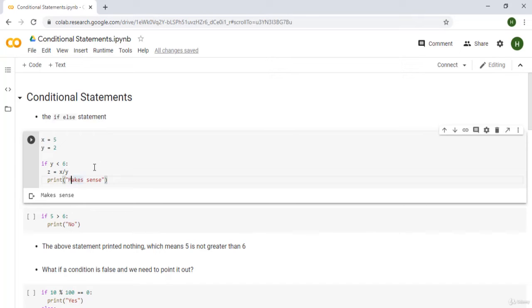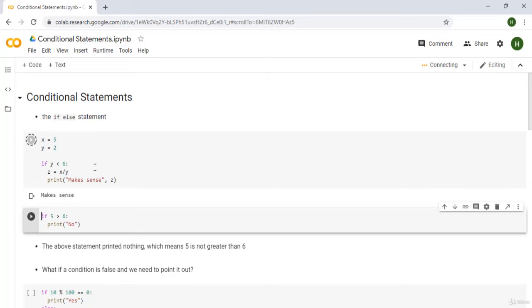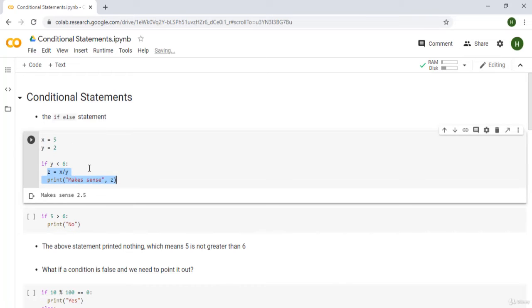So we know that makes sense, and then we're going to output z. Let's see. So what we've done is we've just added another additional statement, and we're going to check this. And so okay, the answer is 2.5, which is correct. So we have added an additional conditional statement which ensures that we run these particular statements if this condition is